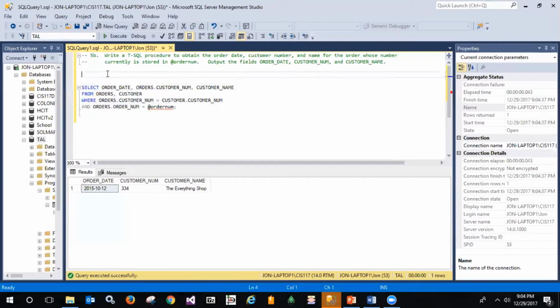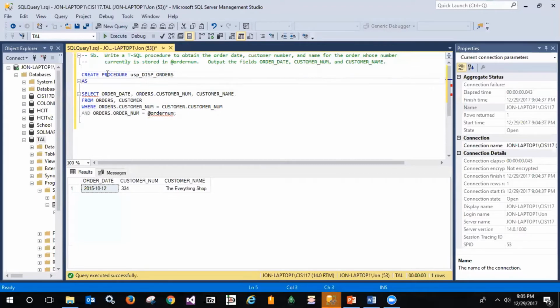So we need to create our stored procedure, and let's call this usp_disp_orders, display orders as this, but we need to declare @order num,